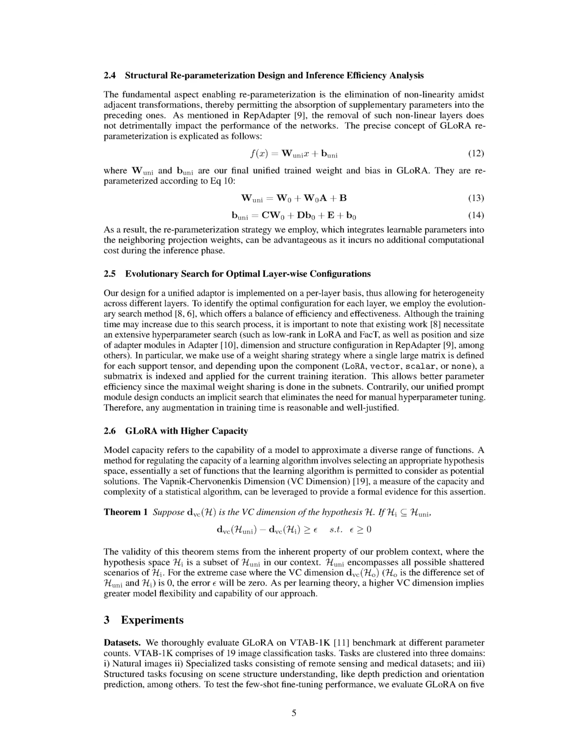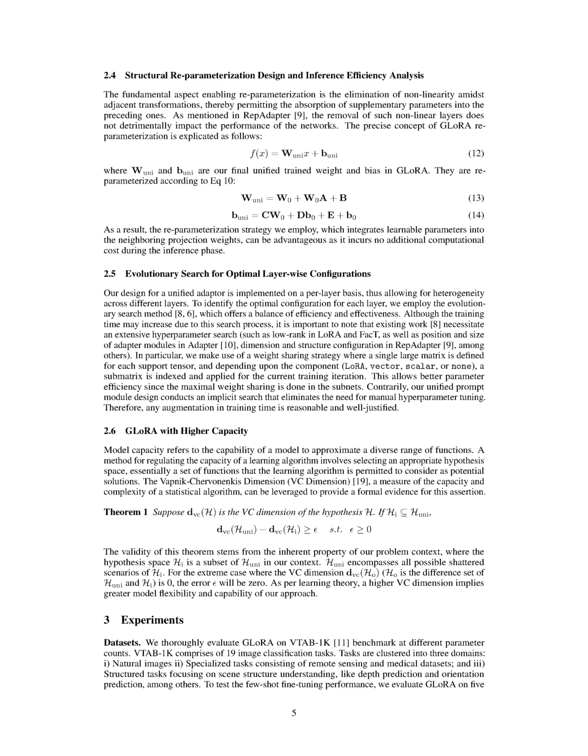A tool we can use to formally support this approach is the Vapnik-Chervonenkis dimension, or VC dimension. This measures the capacity and complexity of a statistical algorithm. Let's think about a theorem related to this. Suppose we denote the VC dimension of our hypothesis by d_VC(h). If our current hypothesis space H_i is a part of a larger universal hypothesis space, H_uni, then the difference in